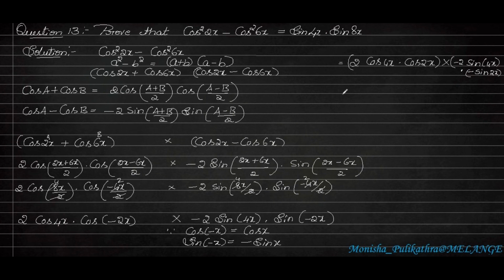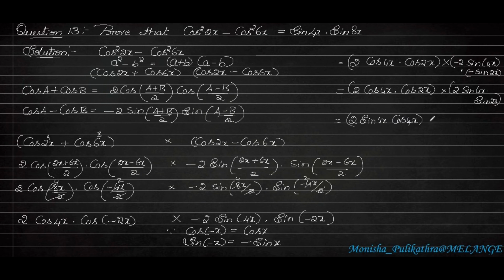So in the next step, write the first one as same, that is cos 4x into cos 2x. So next is minus into minus will become plus. So here 2 sin 4x into sin 2x. So next we will interchange the terms which are 4x and also 2x. So first we have to include 2 here, then sin 4x and cos 4x.